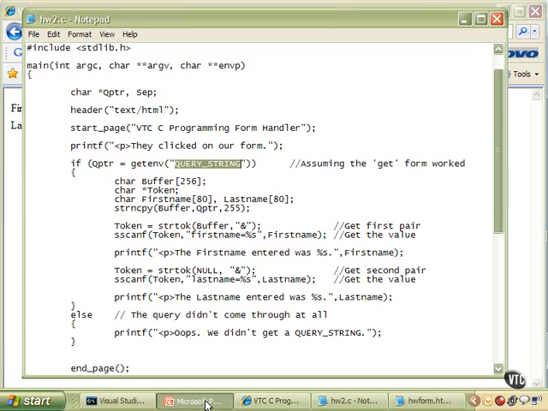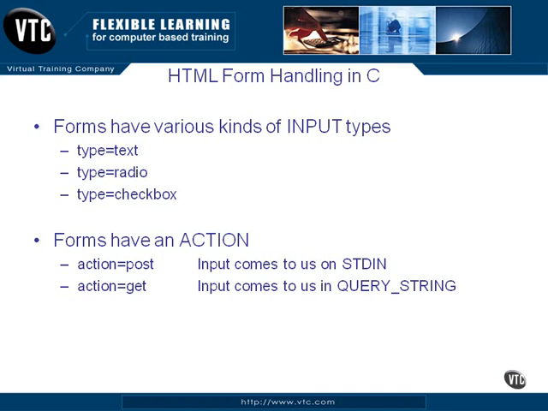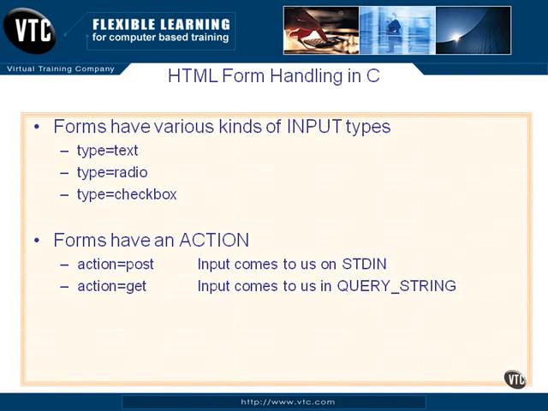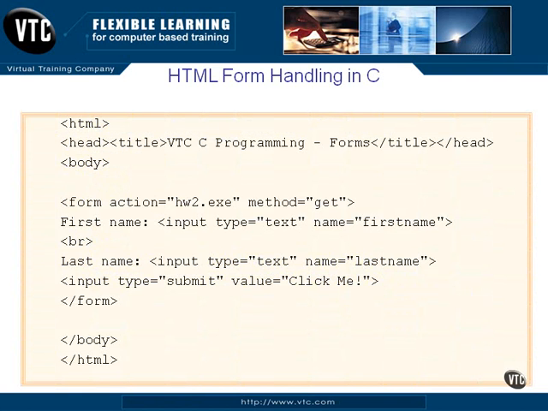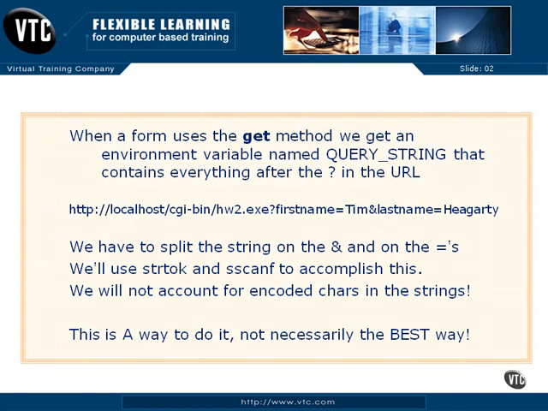I need to show you another slide here because I lay this out a little bit better than we see it in code. There's our form handling. We already looked at that, first name and last name. And then I want to show you what this is going to look like. When a form uses the get method, as we said, we get an environment variable named query string. Query string contains everything after the question mark. So in our case, when we run this, and you haven't seen it yet, but this is what it's going to look like. We're going to see a question mark, and then first name equals, in my case, I put in Tim and Hegarty for those two yellow text fields for the first name and the last name. And this is the way it will come through to our program,